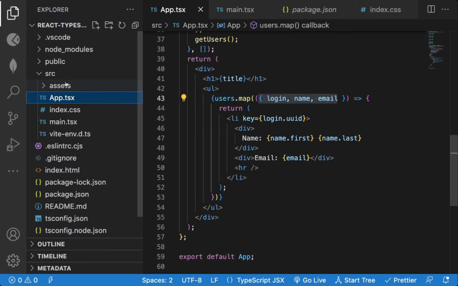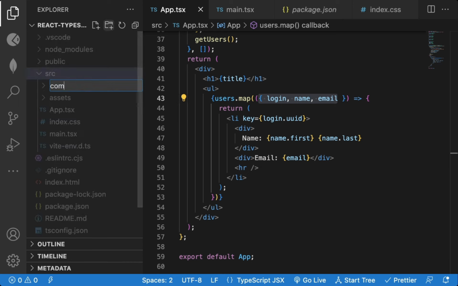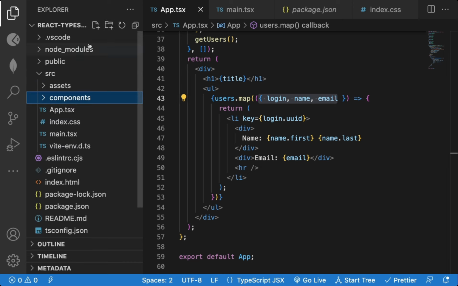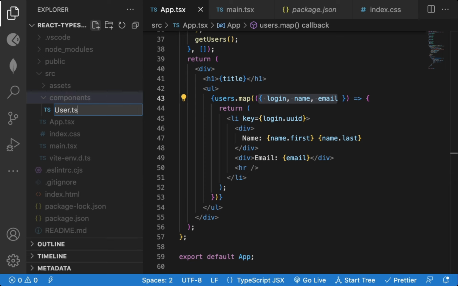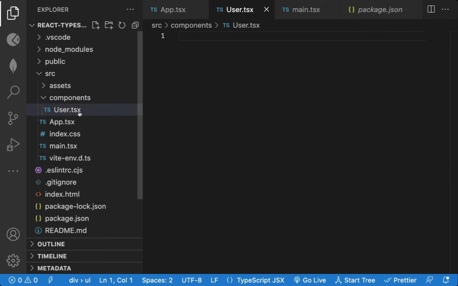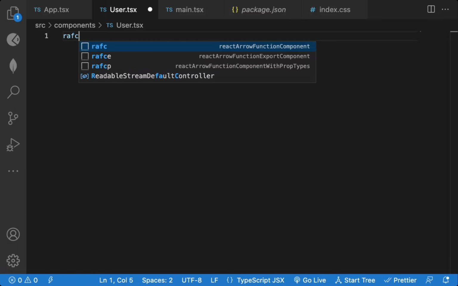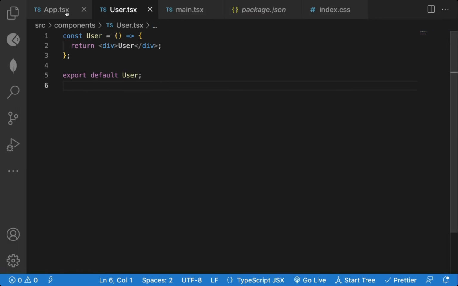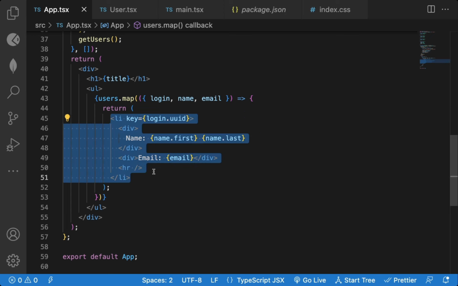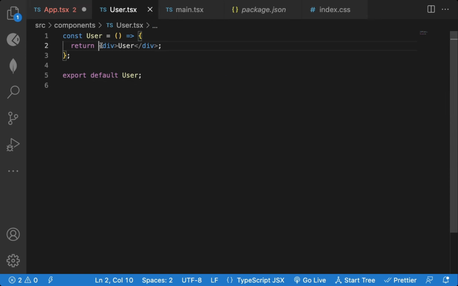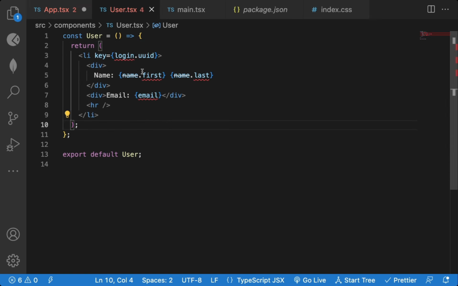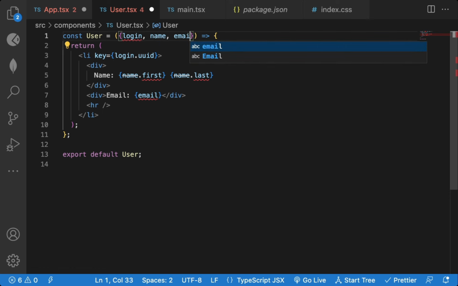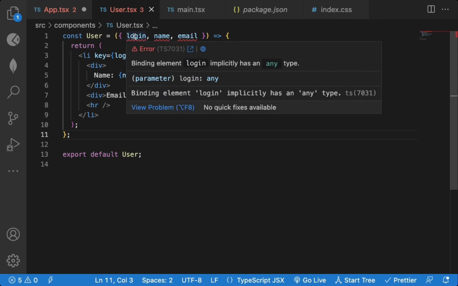Now we will create a separate component. So inside src, I will create a components folder. Here I will create user.tsx. You need to make sure it's a tsx extension, not jsx. I'll create a component. Now whatever we are displaying here will be displayed in that particular user component. So I will move this inside the user component. Now here what you need is login, name and email. So I will pass these as props. Login, name and email. So you can see you are getting an error,